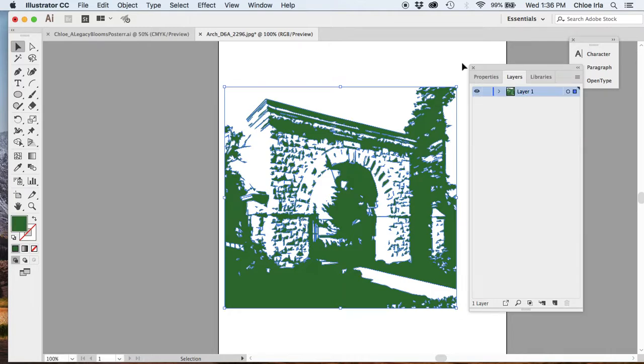That's image trace and why image trace can be so great and very quick. Imagine having to draw all of this out with the pen tool, it would take forever. So image trace works really well for a lot of